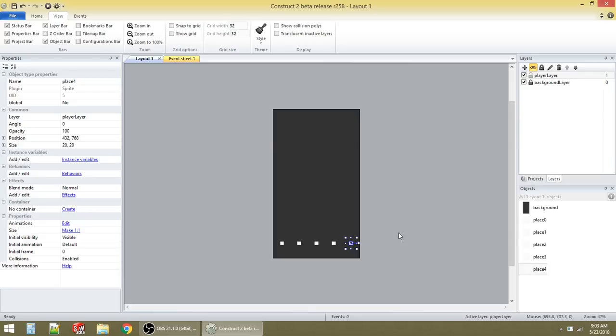Alright, so let's go to your objects. You've got place 0. Okay. So the size right here is 20 by 20. That's what it's supposed to be. What is our background size? Because I think your background might be off. So if we look at this object size. That's when you know to adjust your size. Control C, copy that. Okay, so that's the size you're supposed to work with. Your background is not that size either. Control V to make